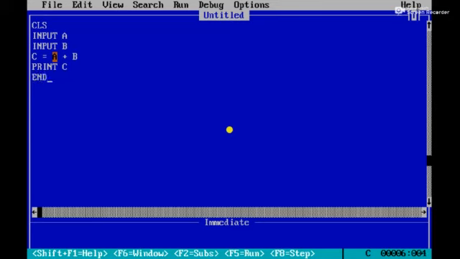Here I did not assign any value to the variables A and B. During execution time, I am going to give the values. I used 3 variables, but I am going to give values to only 2 variables, A and B.